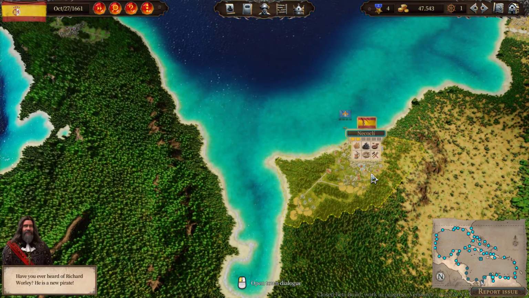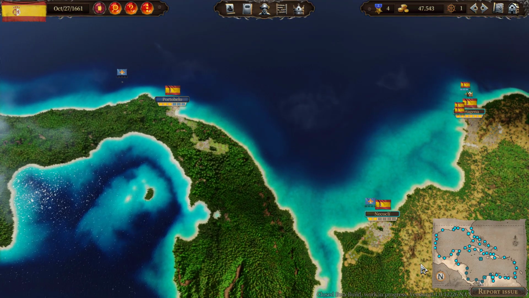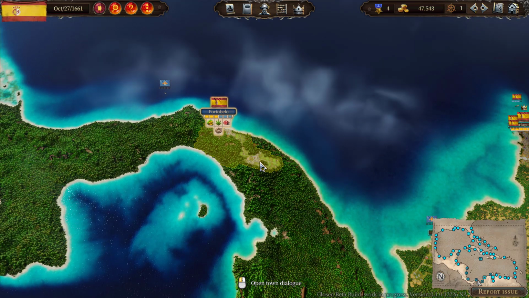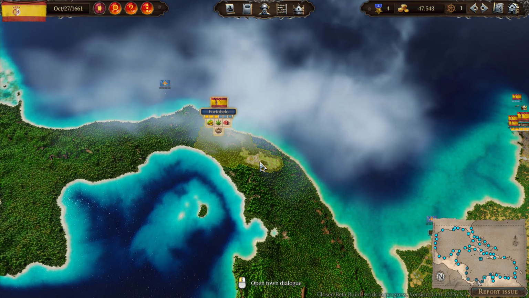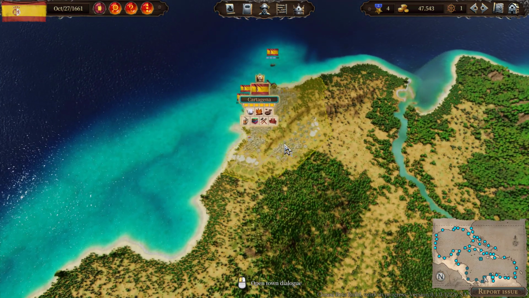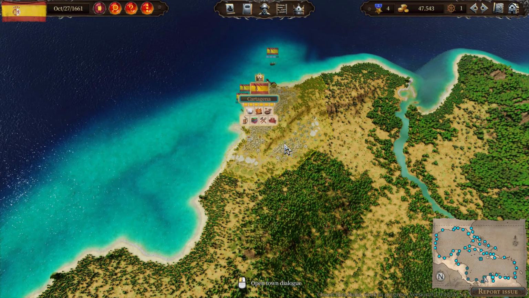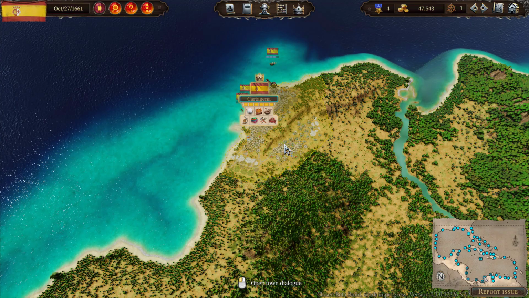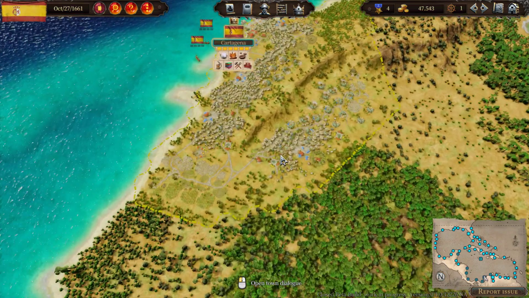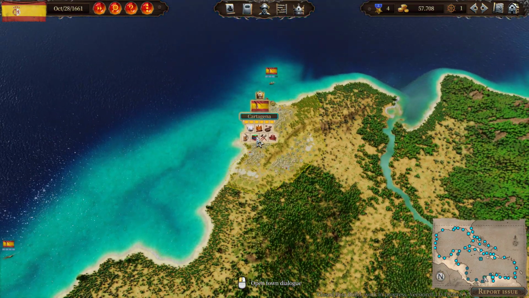Okay, so now we've got... Have you ever heard of Richard Worley? He's a new pirate. So we've got grain and beer here. We've got hemp, rope, corn, and cattle, or meat, in Portobello. And we've got cotton, tobacco, and coffee in Cartagena. And I really would like to have some cloth and